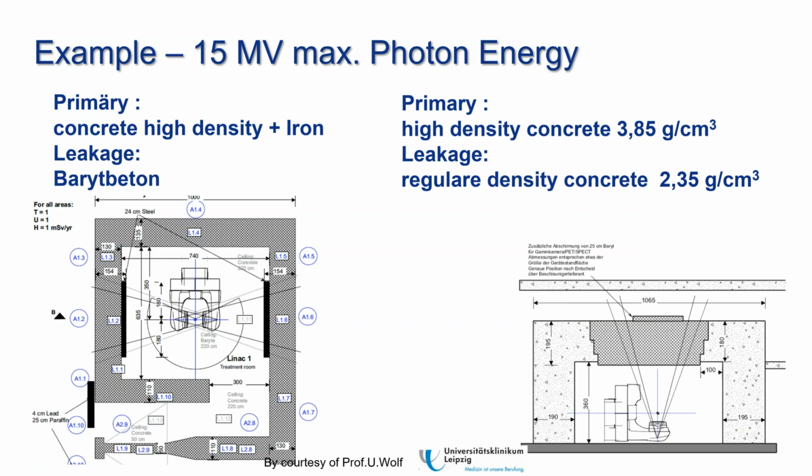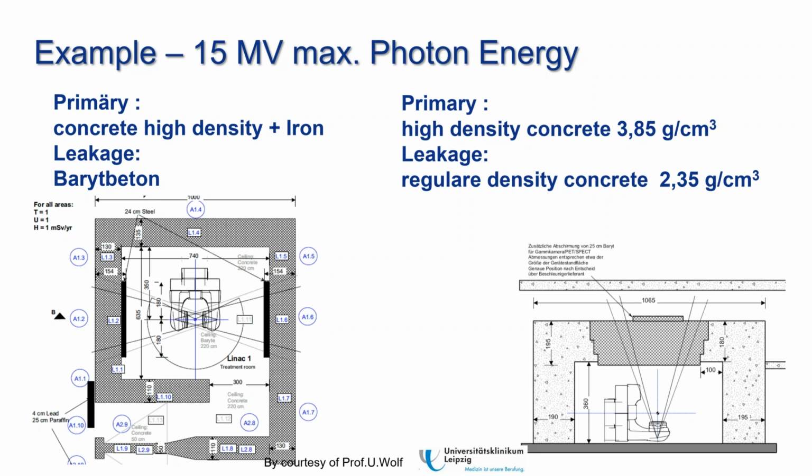Yeah, you see this. The next aspect is an example of a machine that was replaced later on. This machine before had a lower energy, and now it was replaced by a higher energy machine. And you see there was an additional shielding necessary. You see these black lines. These are iron plates to shield. But you see at the end,